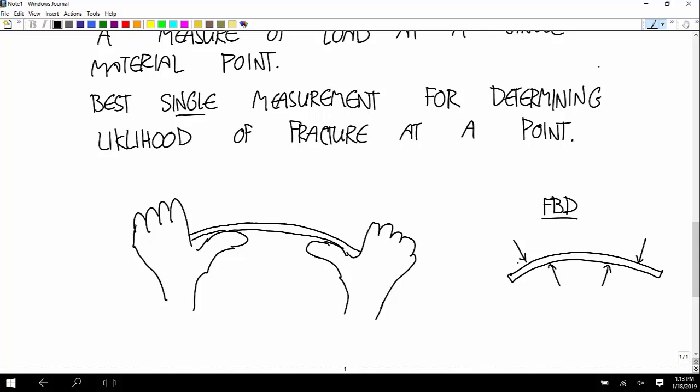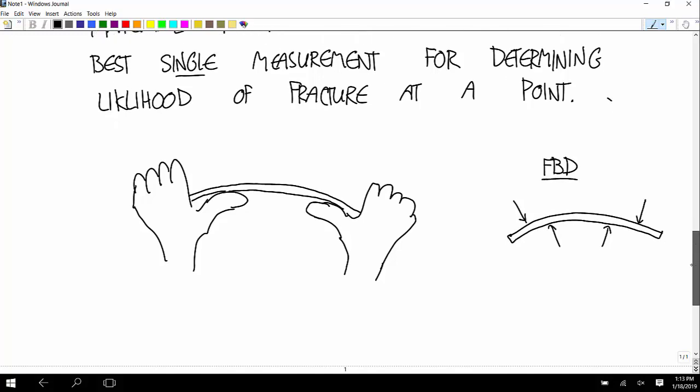But from experience, or your intuition tells you that if you do this, it's not going to break at any of those 4 points. It's going to break somewhere in between your thumbs, and so you need a new thing besides just external loads. You need a new kind of calculation to predict where it's going to fail. Okay. And the first thing we come up with is